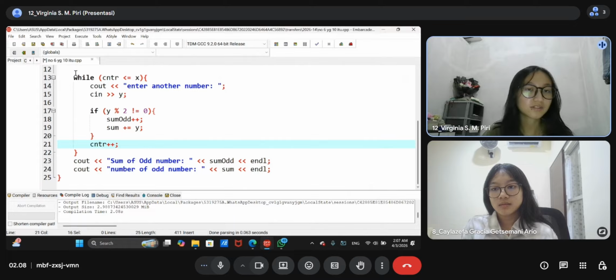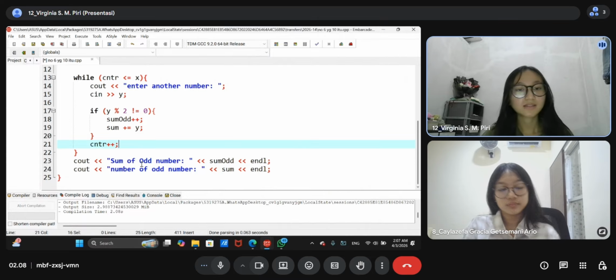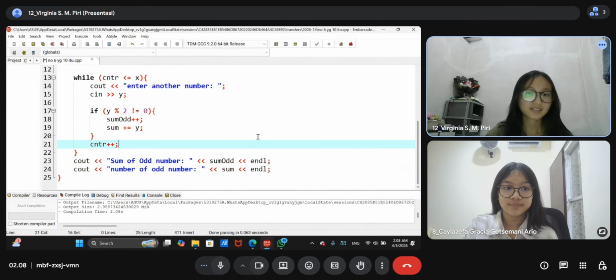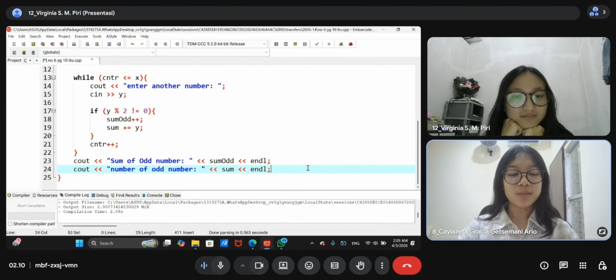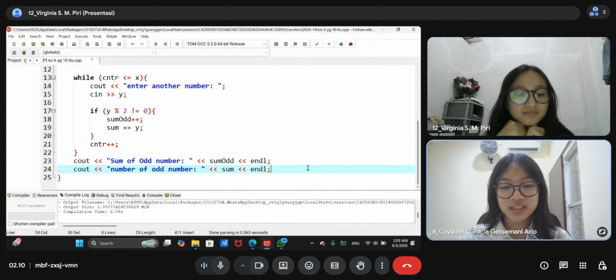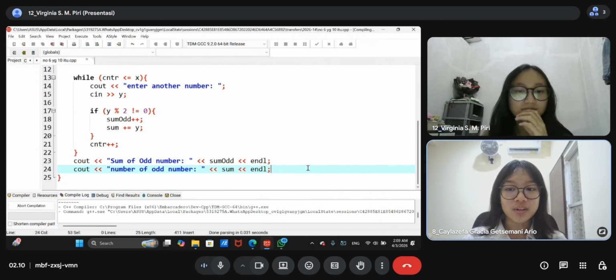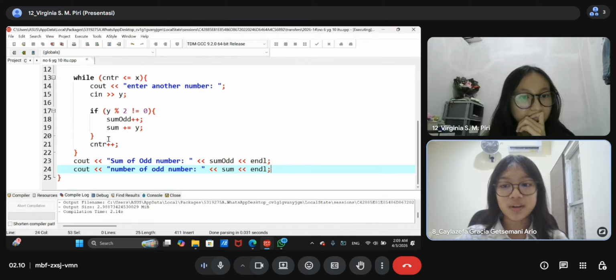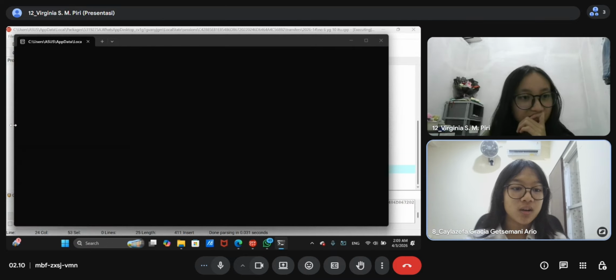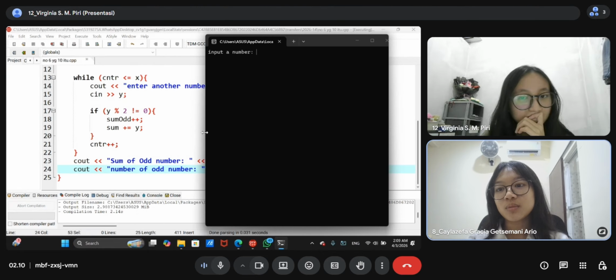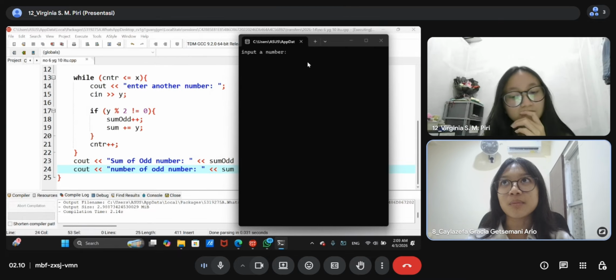After all that has happened, after this part is complete, we print the sum of odd numbers, also the number of odd numbers. Kyla will run the program. So the output of this program will be the sum of the numbers and the count of the odd numbers. For example, we input number